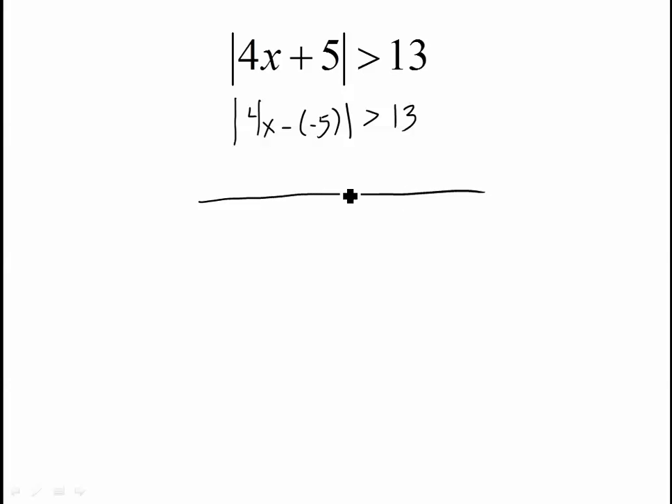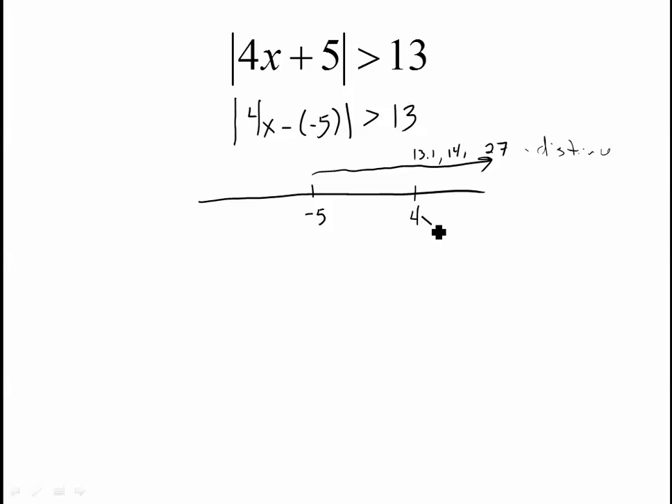Graphically, this means that if I were to start at negative 5 and go more than 13 units to the right, so I could go 13.1 units to the right, I could go 14 units to the right, I could go 27 units to the right. But all of these movements that would be greater than 13 units to the right, this is all distances traveled, would get me